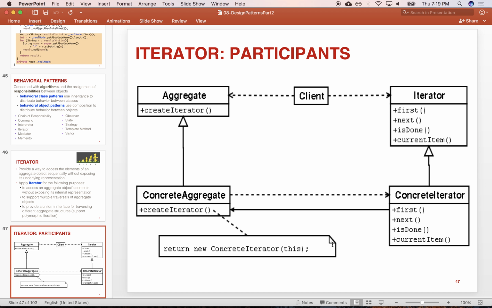If it's using contiguous memory locations, such as an array, then jumping randomly from one position to the next might be inexpensive, right? But if the underlying implementation is a linked list, then that might be very, very expensive, right? So typically, we discourage random access, right? And instead, we provide this very generic interface